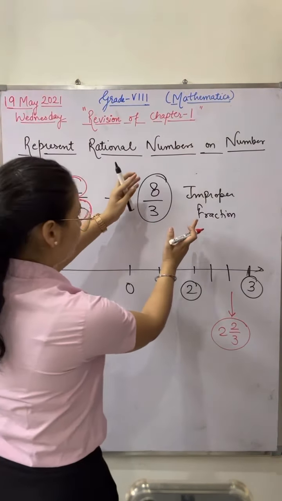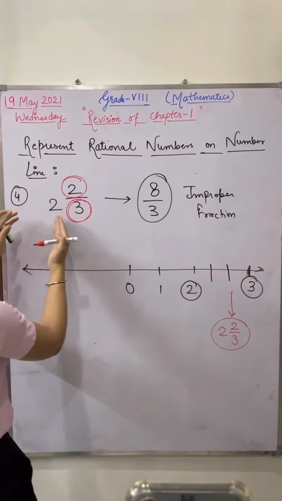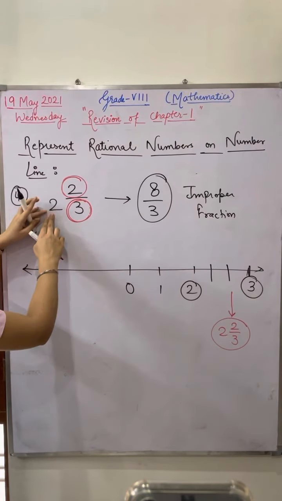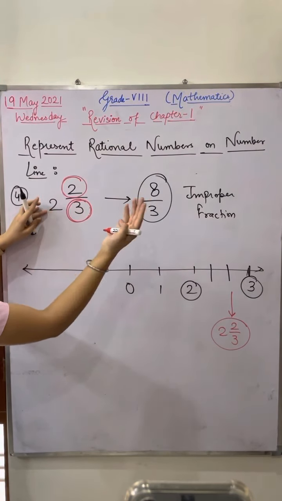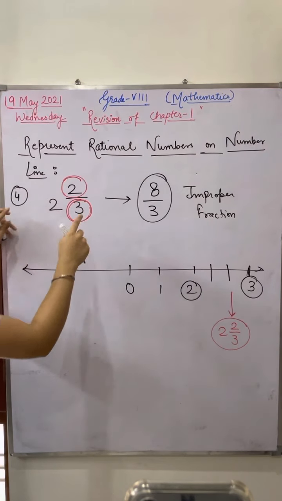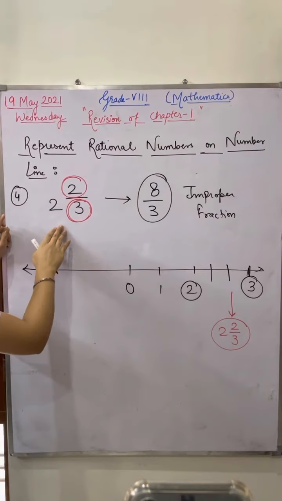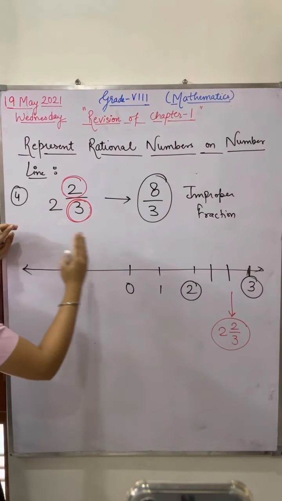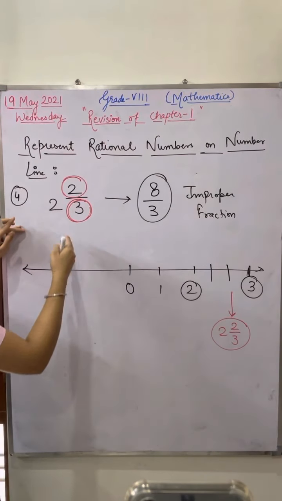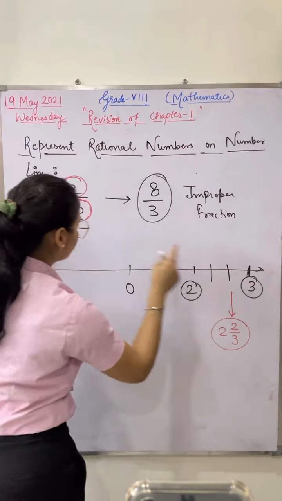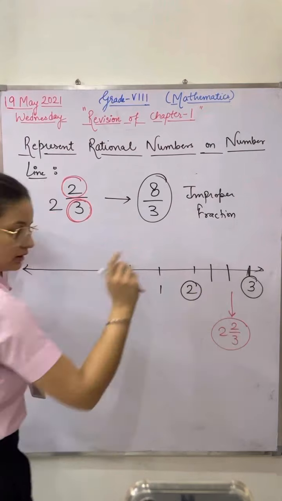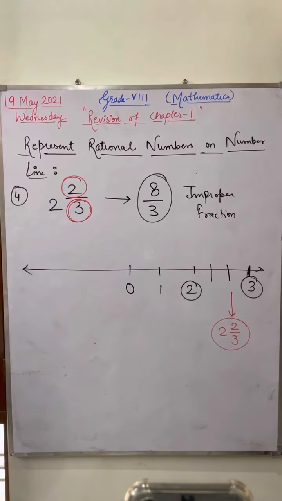If the improper fraction is given to you in this way, you have to convert it into the mixed fraction. By converting into the mixed fraction, only then will you be able to know whether it lies between 5 and 6, 7 and 8, 2 and 3, or 1 and 2. That's why you have to convert into the mixed fraction. Here the question was already given as a mixed fraction, so you can easily judge that it is greater than 2 and lesser than 3. It is 2 something, which means it lies between 2 and 3. The denominator is your number of partitions and the numerator is your position. That's it.